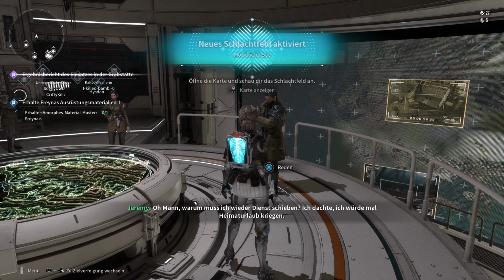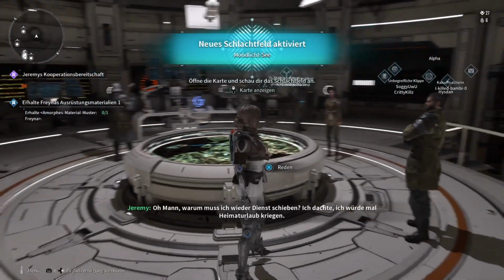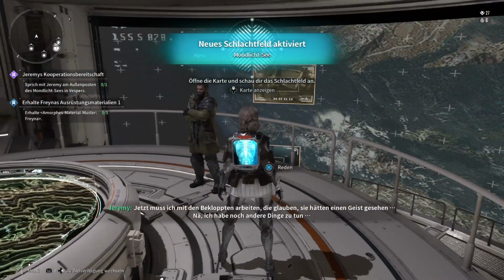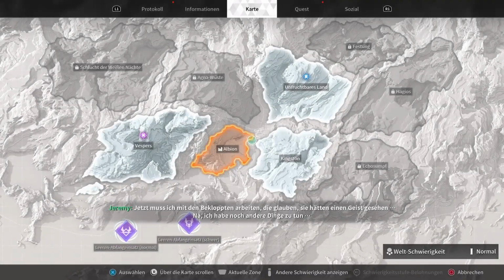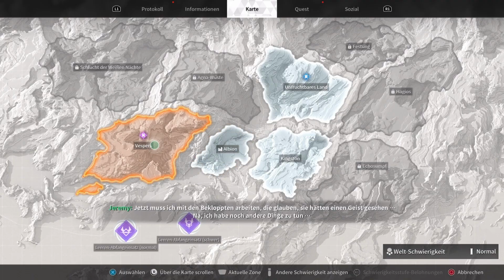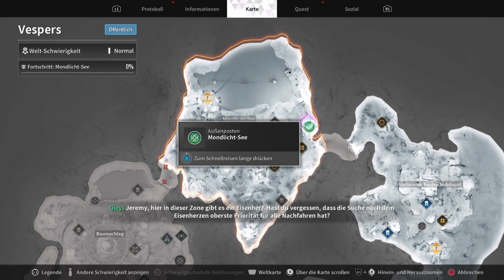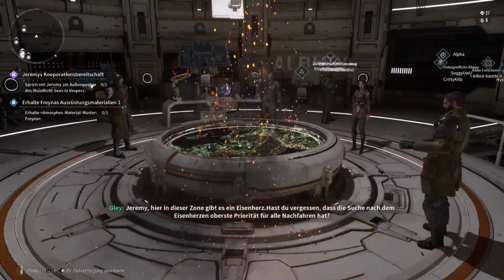Jeez, why am I being called in? I thought I'd be getting some R&R. Making me work with crazies thinking they see a ghost. Nah, I've got other things to do. Jeremy, there's an Ironheart in this zone. Have you forgotten that finding the Ironheart...